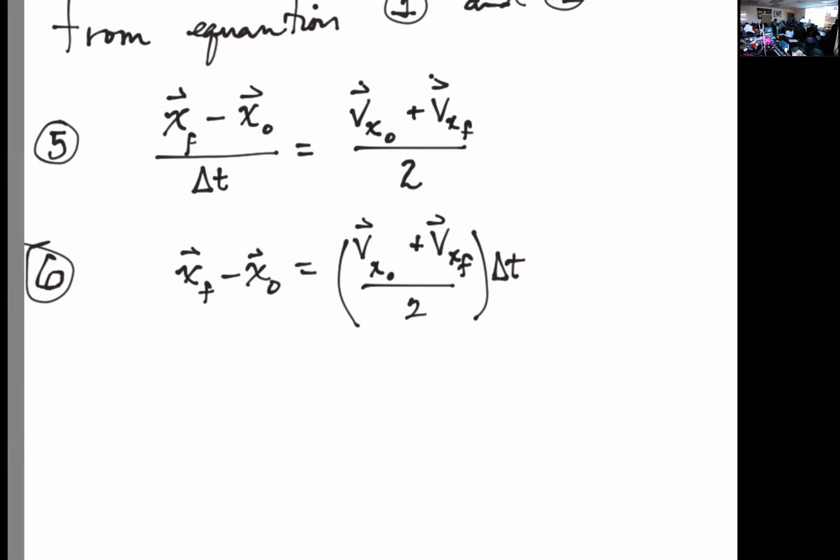Oh, well, I'm saying this is 5 and this is 6. Basically, this is a rearrangement of this. So, yes, but in this particular case, I'm trying to find the displacement in the X direction. If I was trying to find t, I would do something different. I would manipulate this until I get t on the top. You follow what I'm saying? Or if I was trying to find the initial velocity with this equation, I